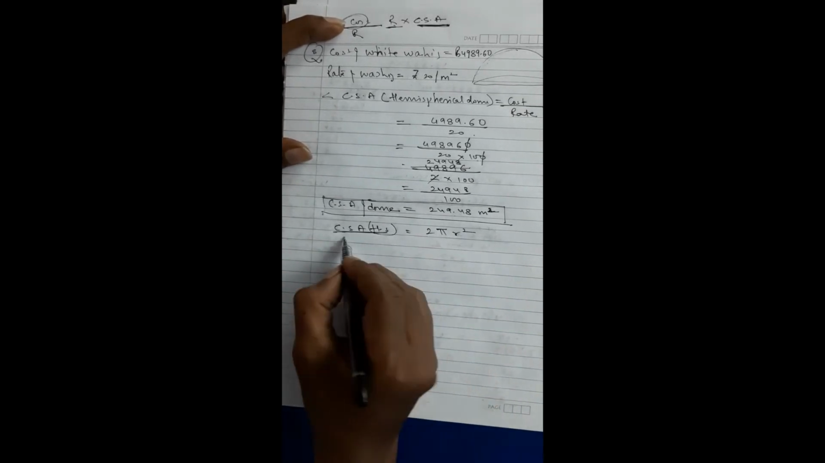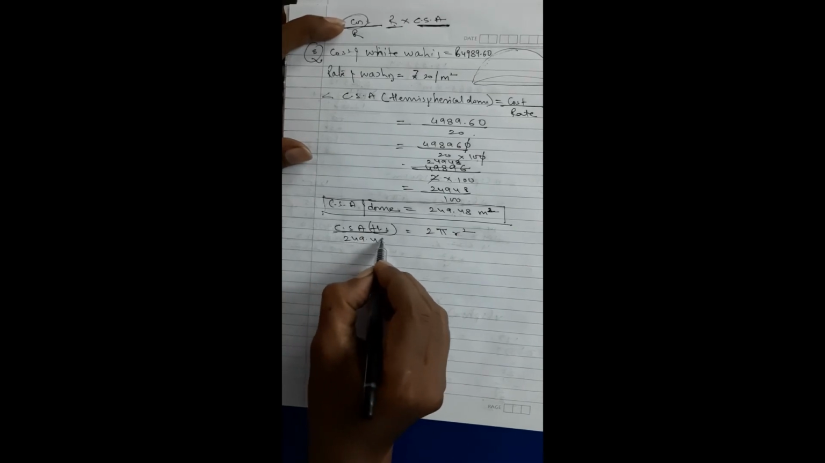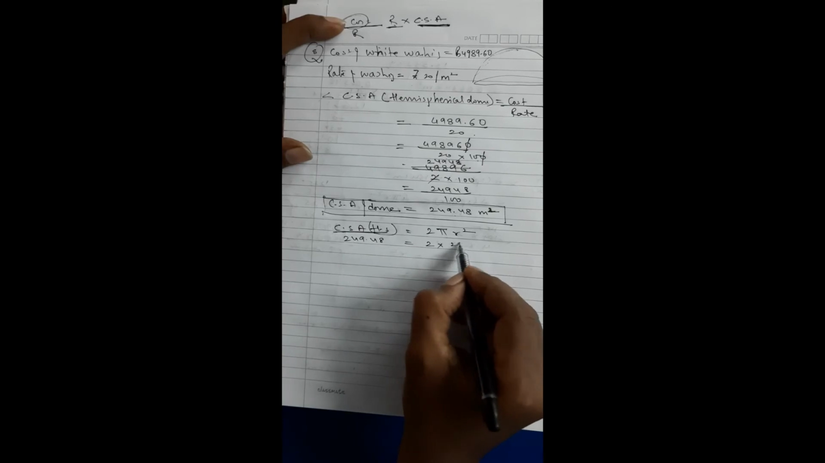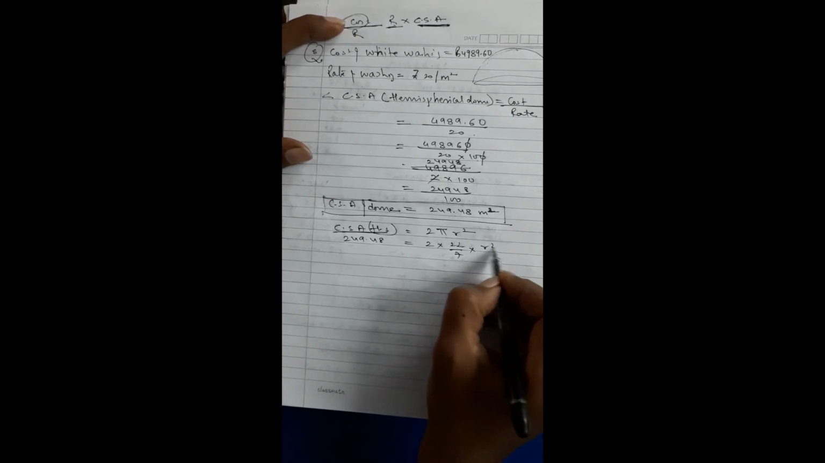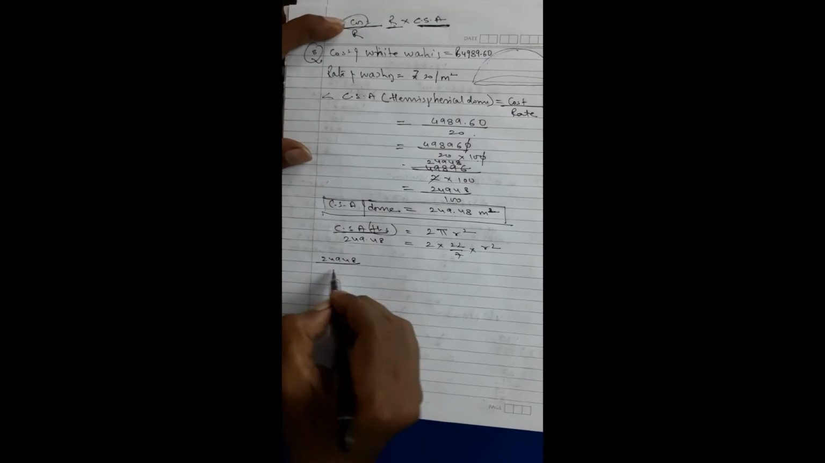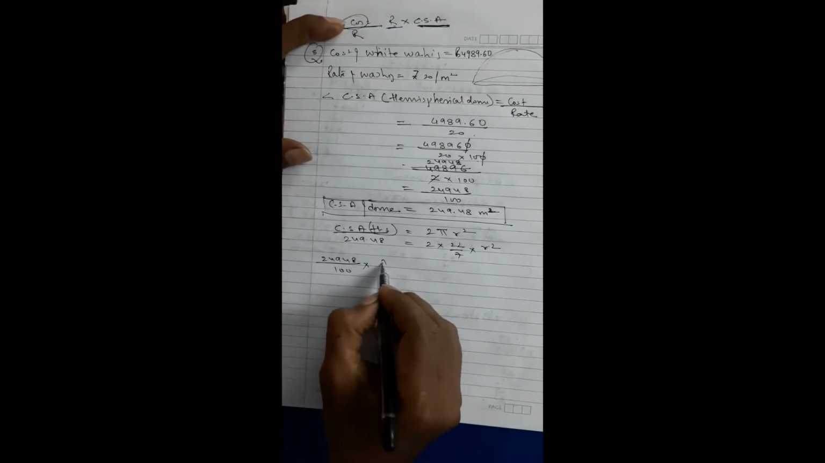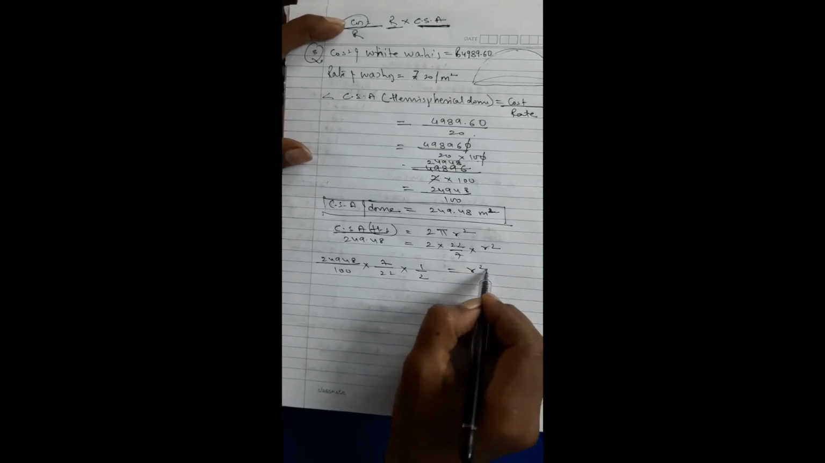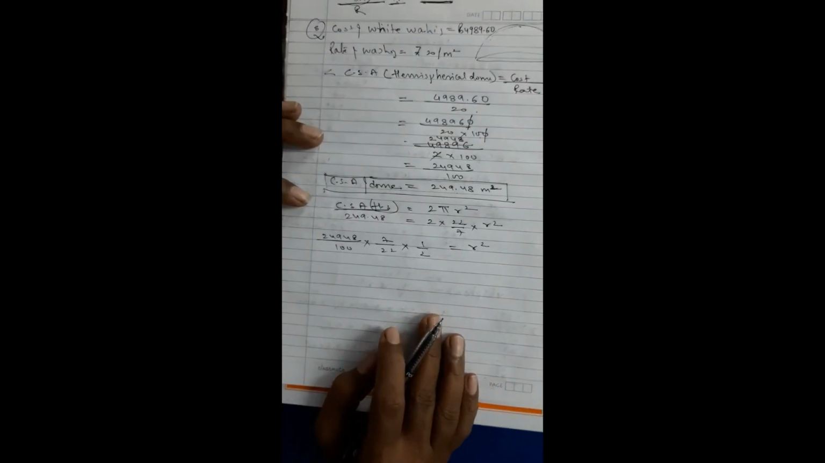Curved surface area, I know, is 2 into 22 upon 7 into r square. So 249.48 upon 100 into 7 upon 22 into 1 upon 2 is equal to r square. So now if I go to divide this,